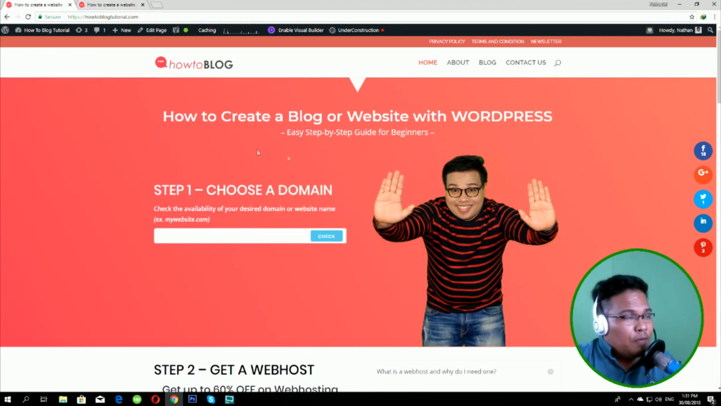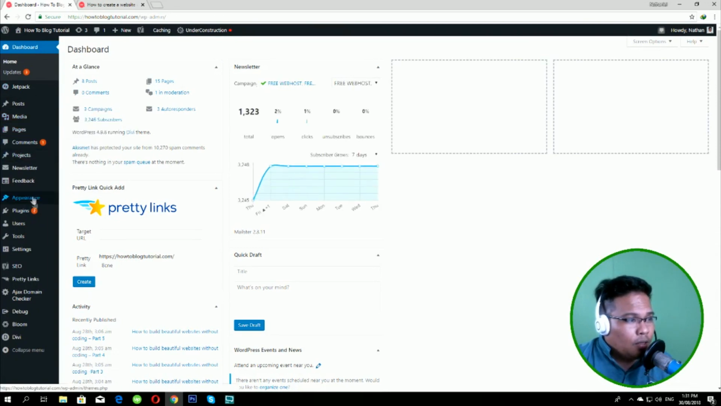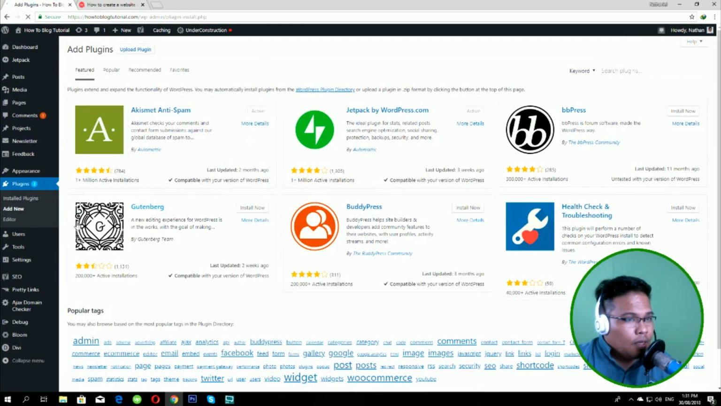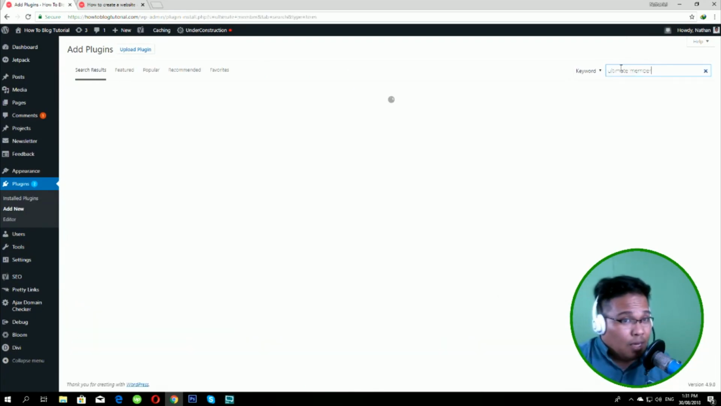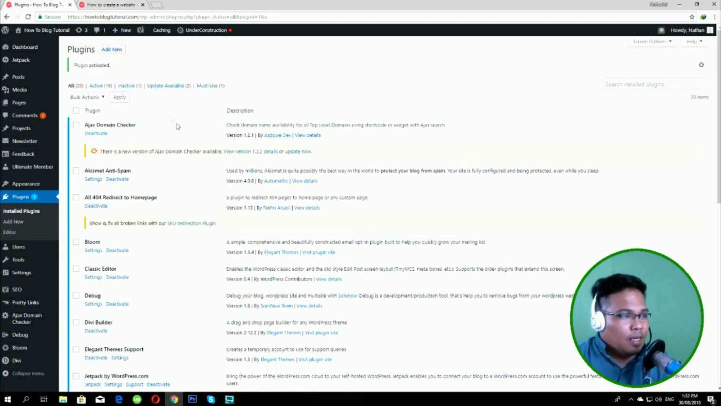First thing you need to do is go to the dashboard, to the back end of your website, and go to plugins and click add new, and then search for the plugin. Okay, so search for Ultimate Member. Here it is, Ultimate Member, and then click install now, and then click activate. Now why did I choose Ultimate Member? Because they have a very cool and very nice login page, registration page, and profile page,